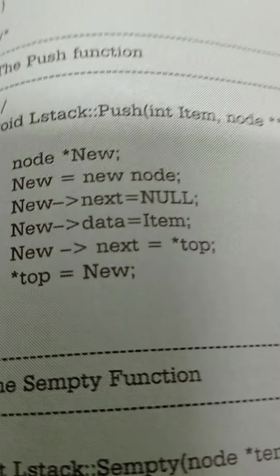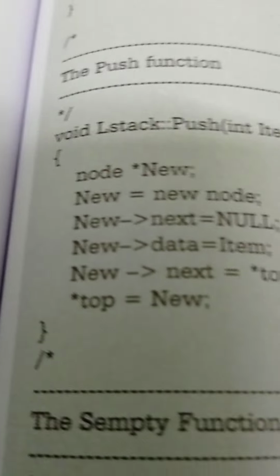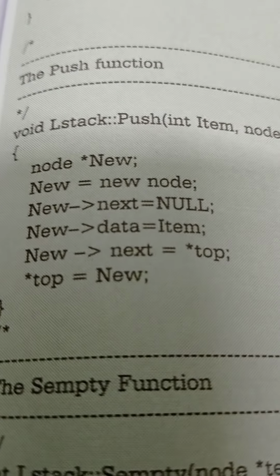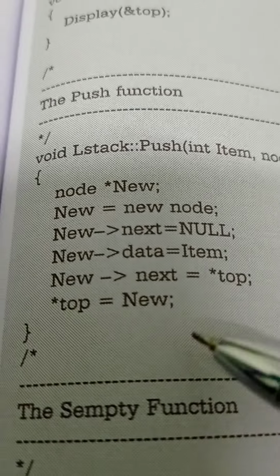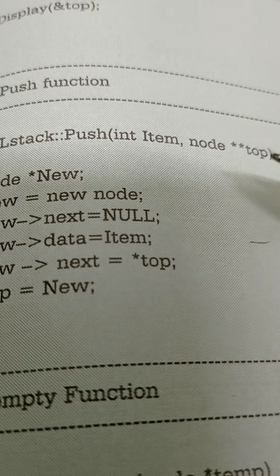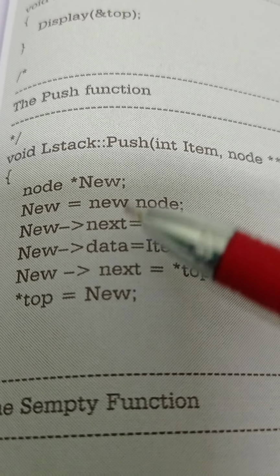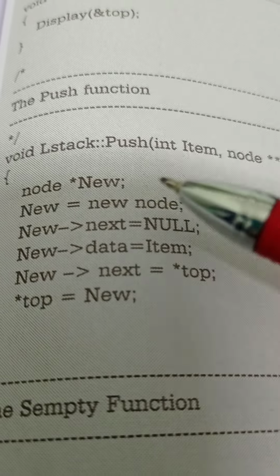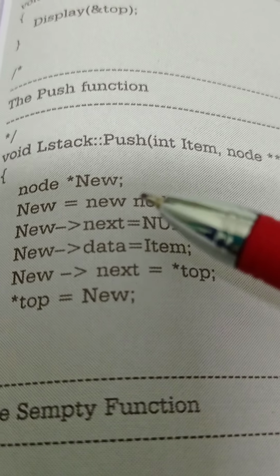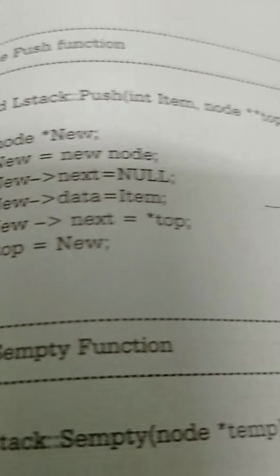Similarly the push function. We know why we use the push function: to insert the data into the stack. Here, how we can insert the data: void lstack push int item, node top, node equal to new node. Using new we allocate memory to store the data. When we allocate new, next equal to, we know that the node has